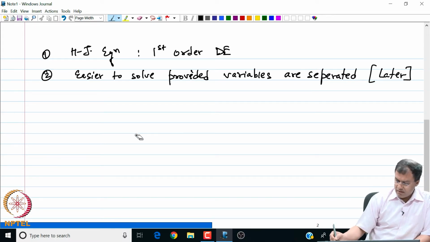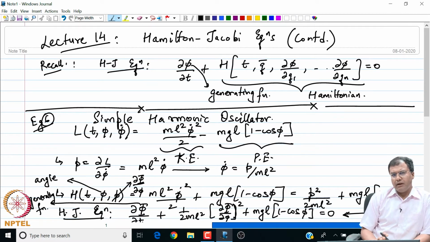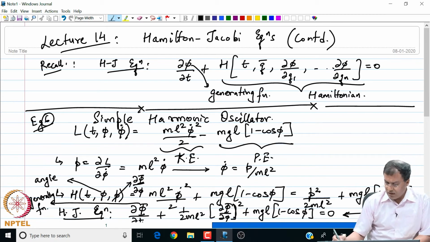Let's go back a slide. So we have this equation that we want to solve, and at this stage I am going to revisit this problem in a few minutes. At this point, we will look at how to solve it later for this problem. Instead, let me look at another example and we continue this discussion, arriving at a point where we have to solve the Hamilton-Jacobi equation. So we will solve this a little bit later.